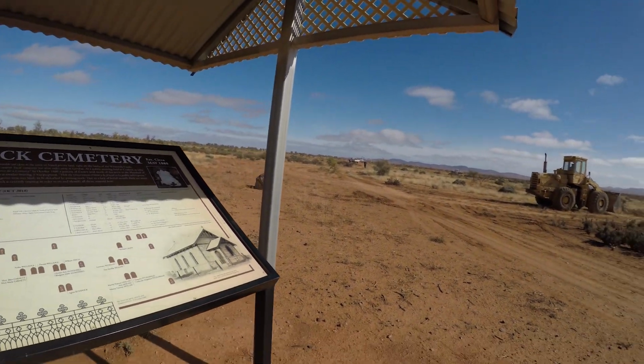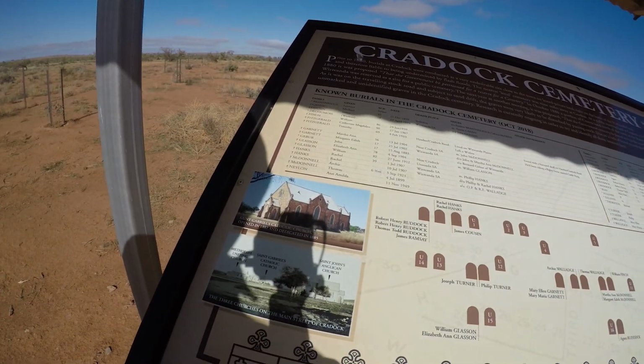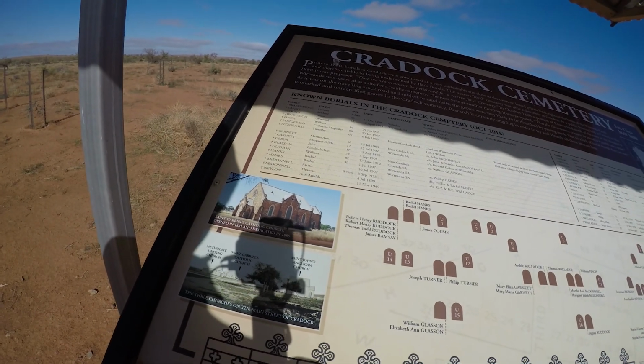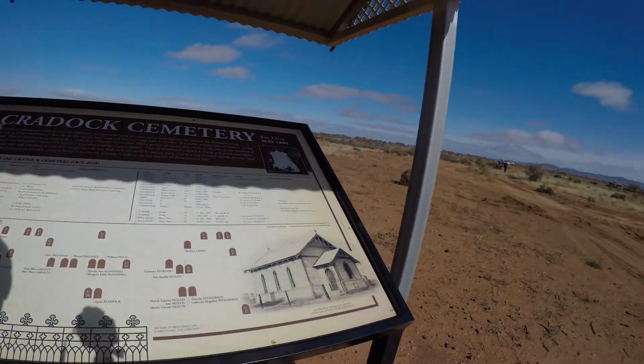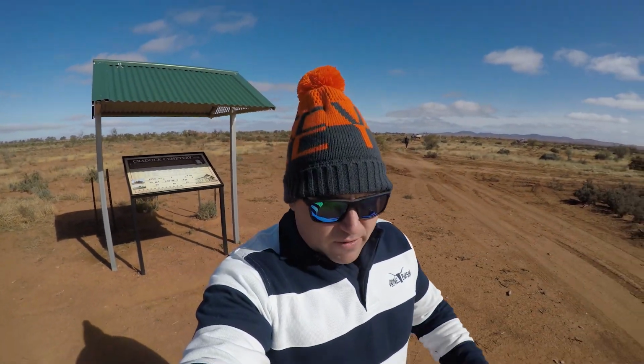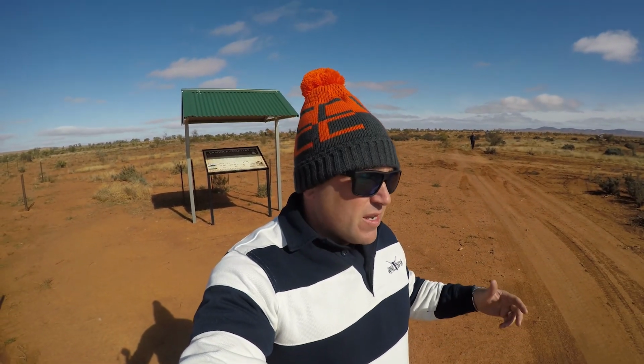So here it is, and you've just got some cool history about the original St. Gabriel's Catholic Church, St. John's Anglican Church. So yeah, a little bit of history. This is probably situated maybe a K out from the Cradock Motel and Pub. But we love doing this sort of stuff, seeing the family origins and heritage, and a lot of farmers